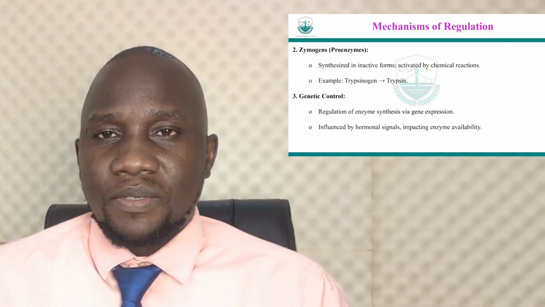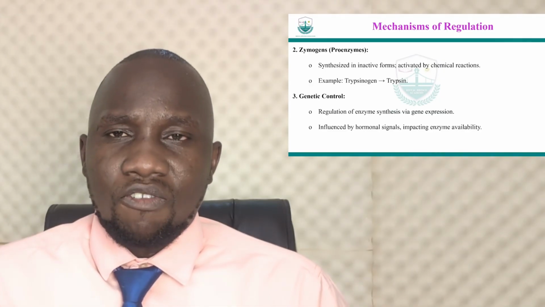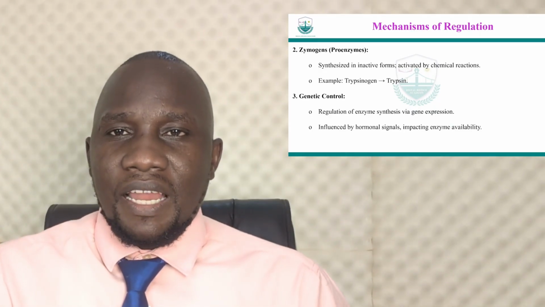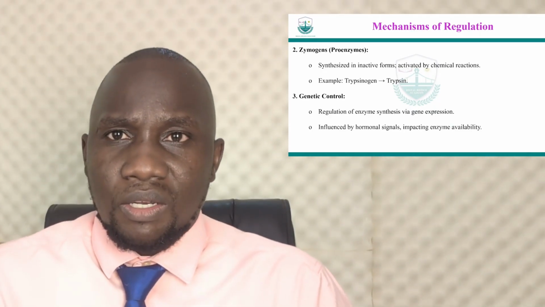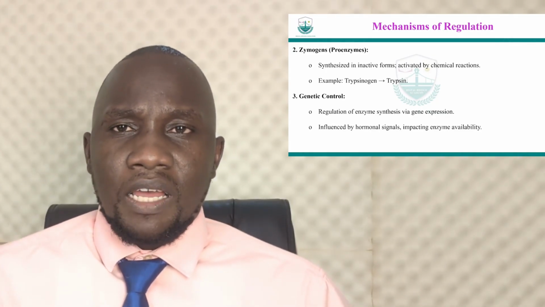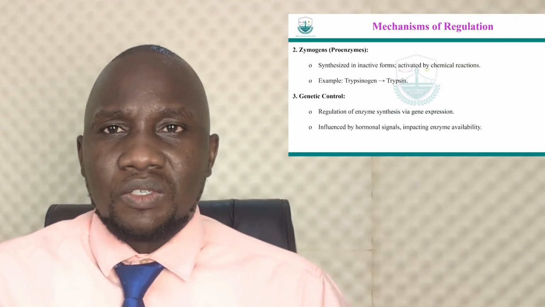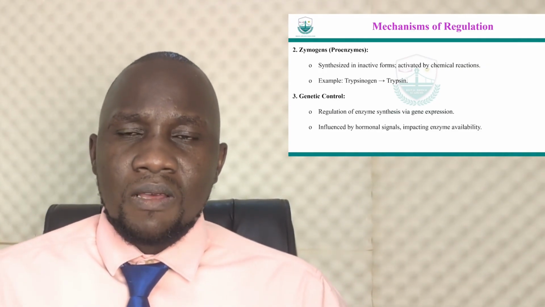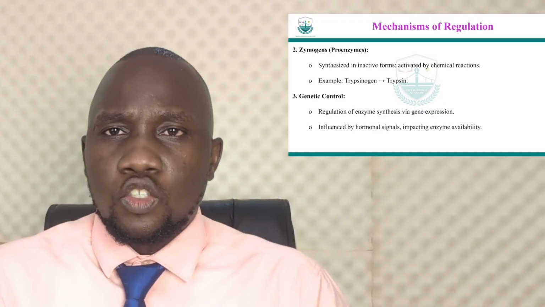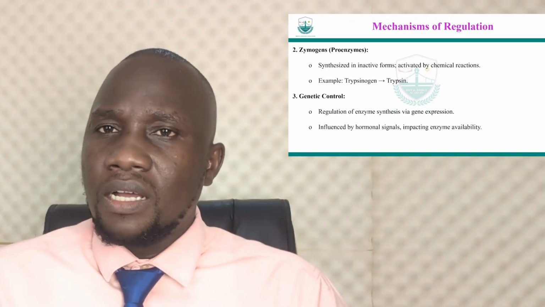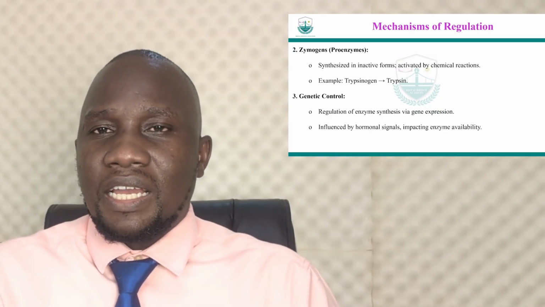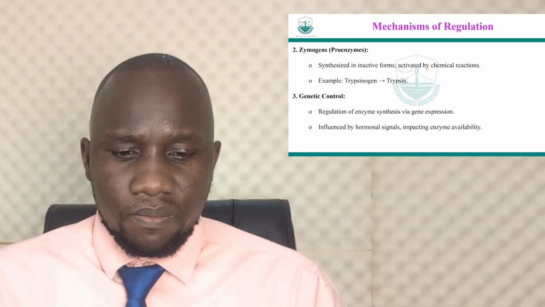So, for example, you have trypsin. Trypsin is the active form of trypsinogen. Trypsinogen is secreted in its inactive form and has to be converted into trypsin for trypsin to have its action. You could imagine if it were produced immediately as trypsin, it could create a lot of digestive activity in its locality before being turned into the active form, even if it doesn't need to be converted.